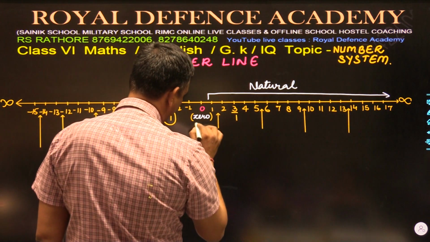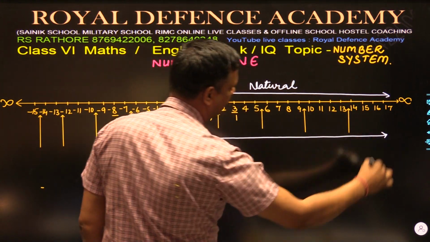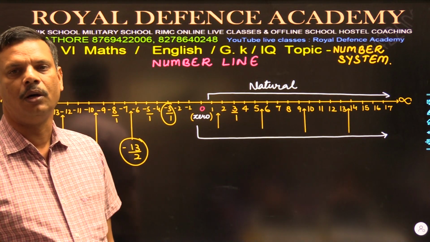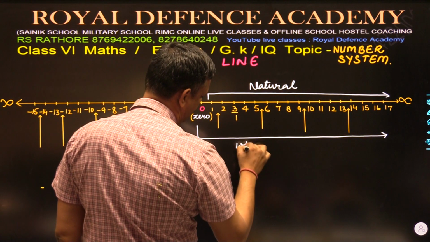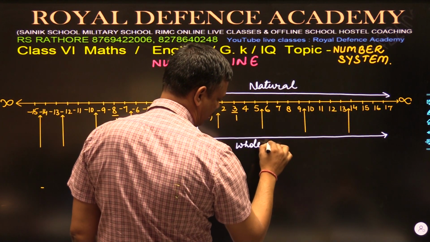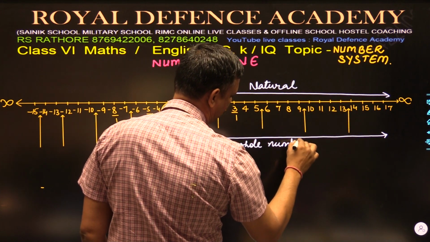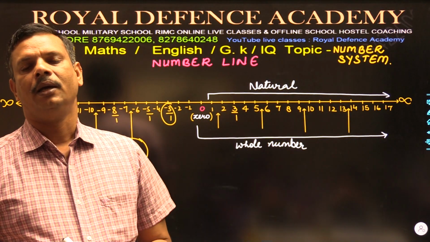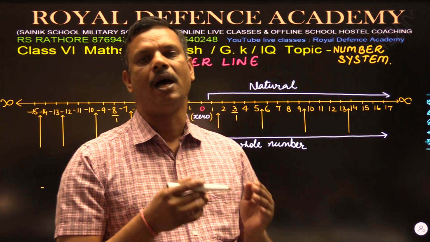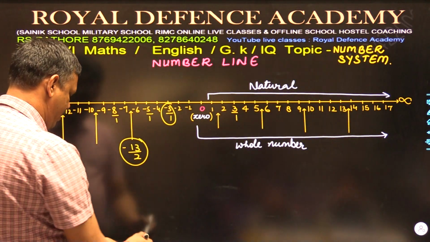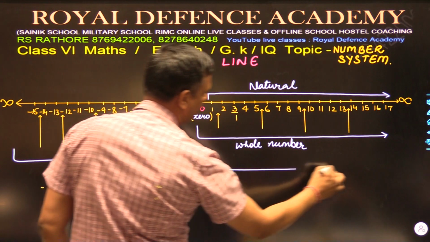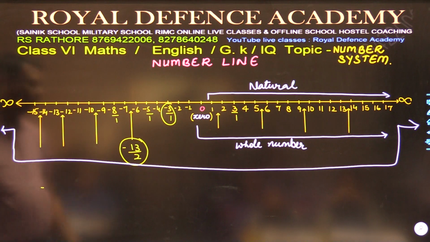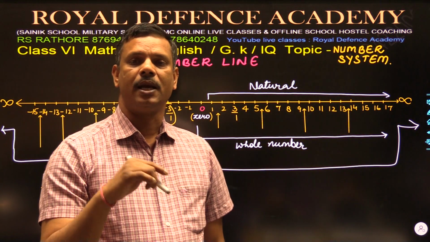Now natural numbers and 0 are called whole numbers. When natural numbers are included with 0, then they are called whole numbers. That means whole numbers start from 0 to infinity. And what do we understand by this? We understand that all the natural numbers are included in whole numbers, whereas whole numbers are bigger than natural numbers. They have 0 also. Then we have all the negative and the positive numbers. They are continuously going on. These numbers are called integers, meaning negative and positive.